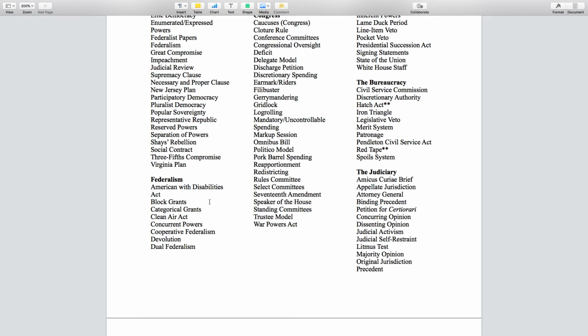Okay, the Clean Air Act, this basically is why we get emissions inspections for our car. Our cars have to meet certain requirements in regards to how much we're emitting into the atmosphere. Basically, again, another unfunded mandate from the federal government. States have to comply with this, so we bear the burden of that.